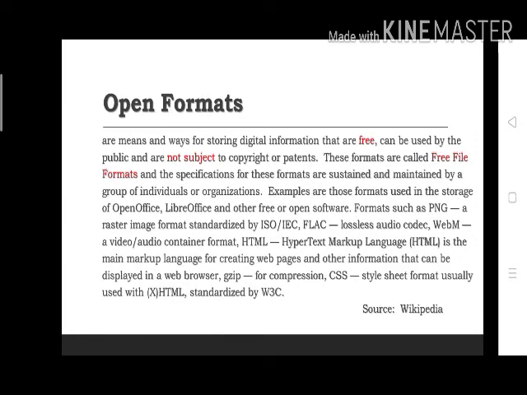So, open formats. Open formats are means and ways for storing digital information that are free. It can be used by the public and are not subject to copyright or patents. These formats are called free file formats, and the specification for these formats are sustained and maintained by a group of individuals or organizations. So, an open format is a file format for storing digital data defined by a published specification usually maintained by a standards organization, and which can be used and